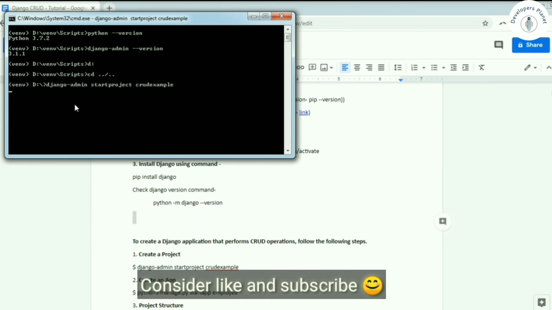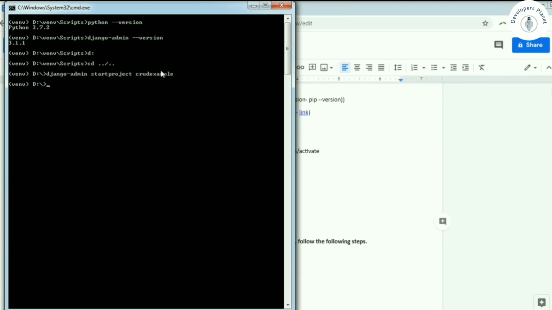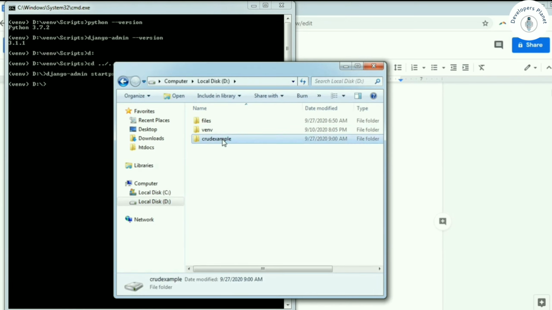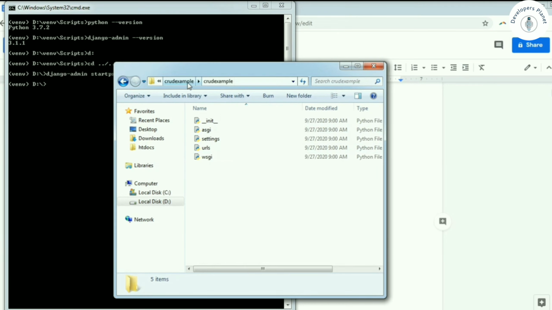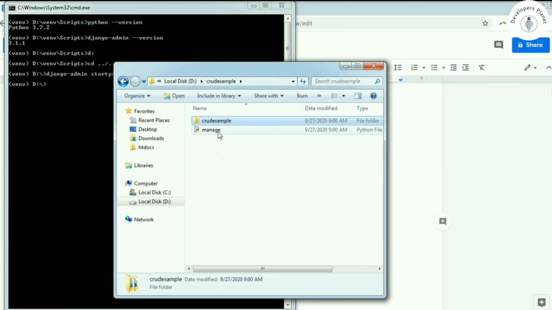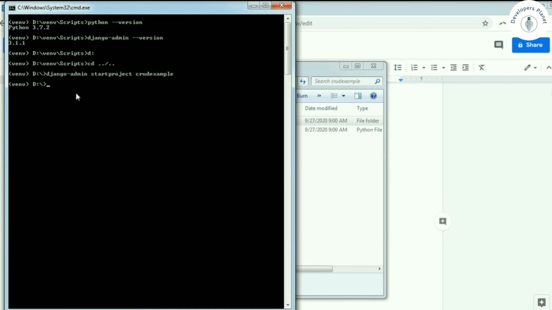Let's hit enter. Yes, the crudexample project has been created. Let's see. Yes, here it is. It has created the basic files, 5 files inside the crudexample folder, and one is manage.py, which is our command utility file.